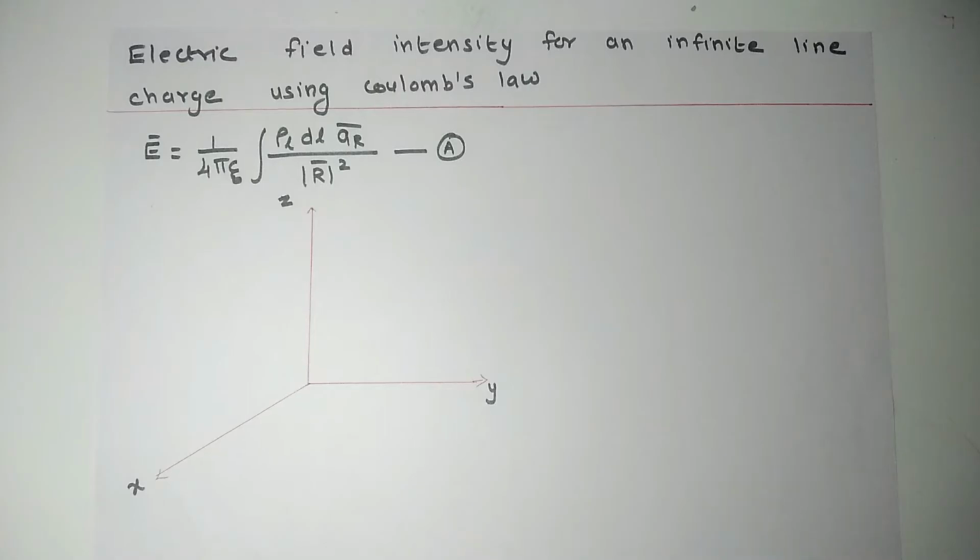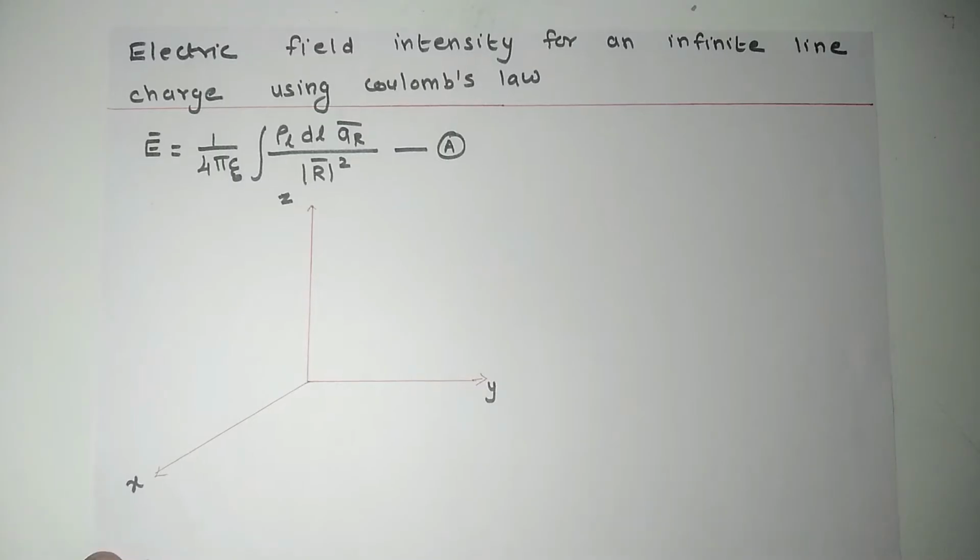Hello viewers, in this lecture video we are going to derive an expression for electric field density for an infinite line charge using Coulomb's law. Cartesian coordinate system is going to be used to find out the final expression. Equation A shown here is the general expression for electric field density for line charge distribution which is obtained from